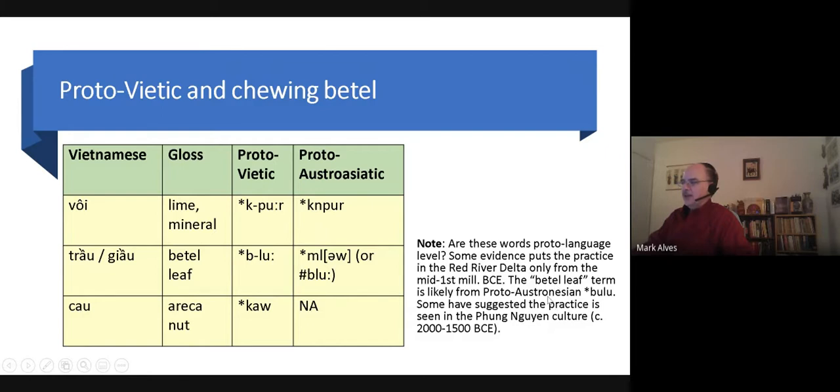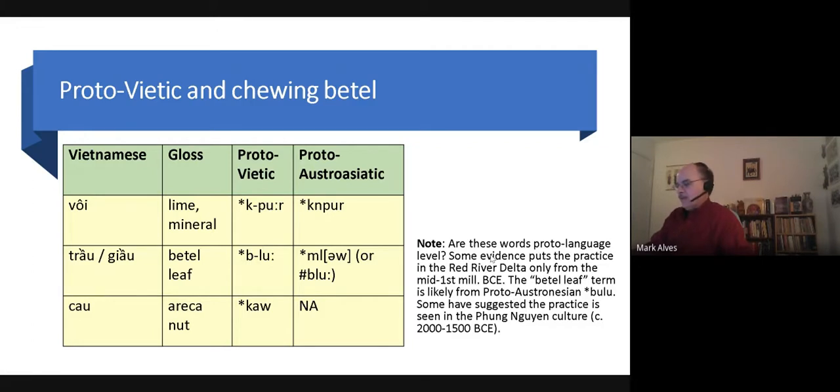And there is archaeological evidence of the chewing of this in the Philippines, maybe 4,000 years ago or longer. I thought it was only in the mid first millennium, but I recently saw an article by a Vietnamese ethnobotanist who claims there is evidence of teeth blackening. You chew the betel leaf with the areca nut, and it makes your teeth darker, right? And that there was evidence of that from the Phùng Nguyên culture, which would be 3,000,